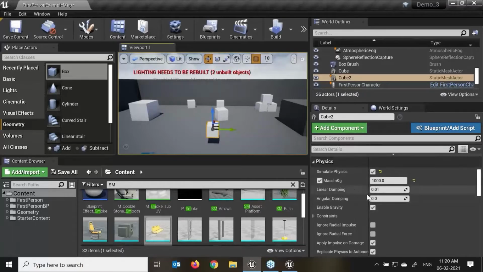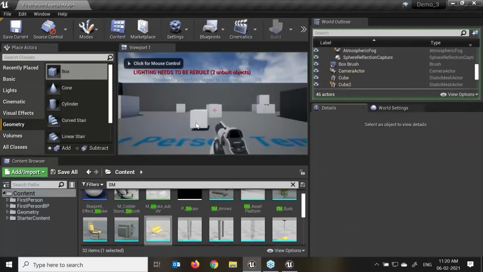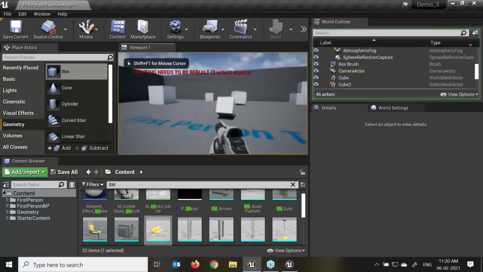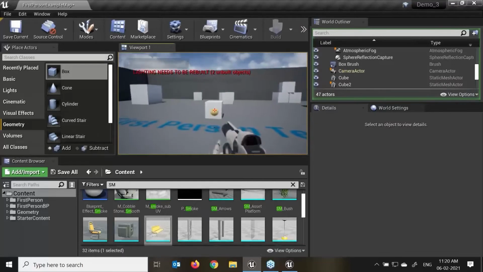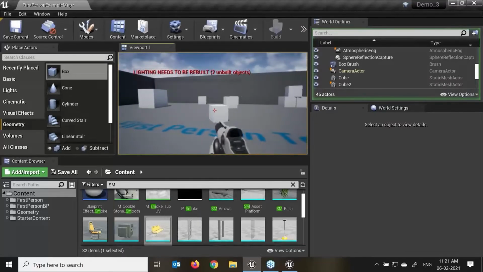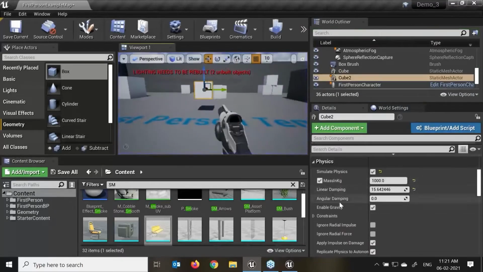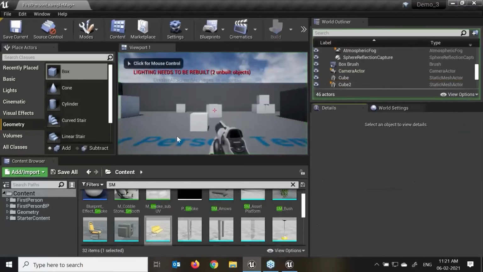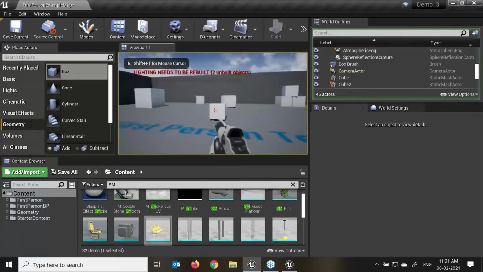Now if I increase this linear damping value over here and play this, place it here, you can see it is not rotating that much. Now if I make linear damping 0 and angular damping a little bit more, if I make this 30, here we can see the rotation after hitting that character. This will rotate very fast.